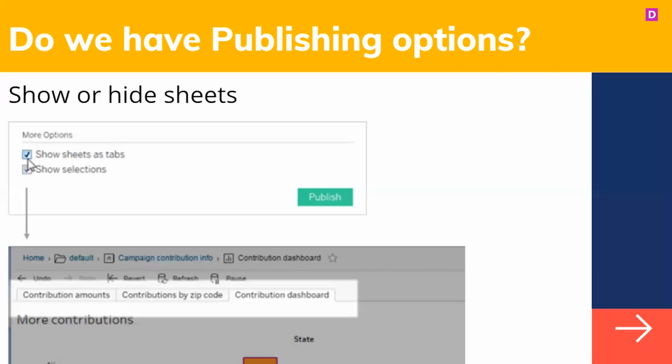Okay. So now when I have one opportunity here, the opportunity is that I can have configurable publishing options. Okay. So what is the meaning of configurable publishing options? See, you can choose whether you want to show or hide your sheets, and whether you want to show your sheets as tabs. For all these things, you have options as shown here. So you can go ahead and select the corresponding action, whatever is required by you,